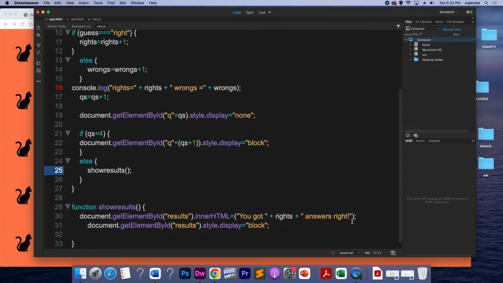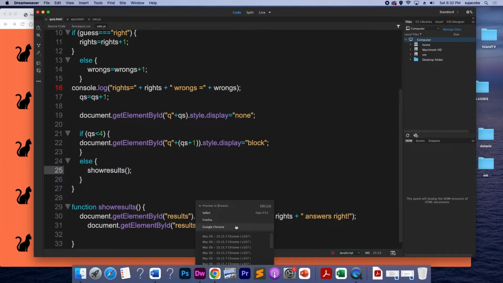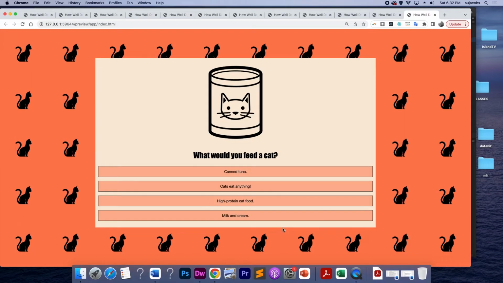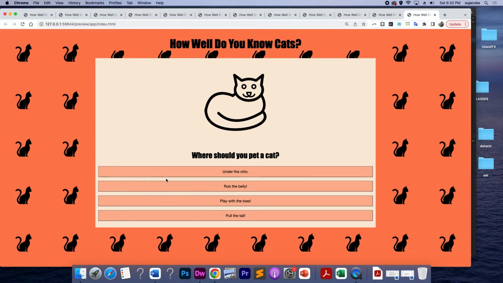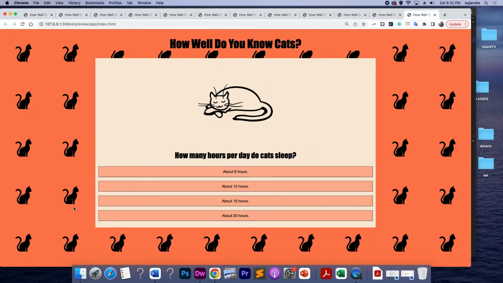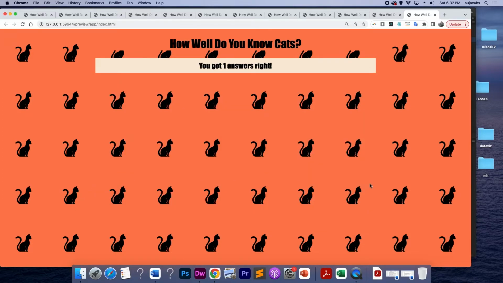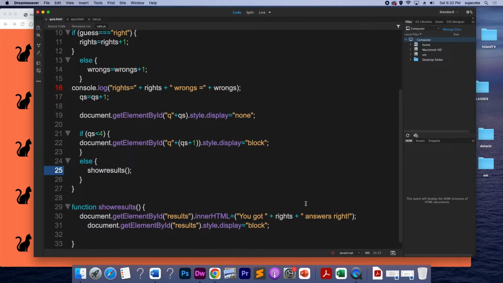And the first thing we're going to do is just what we were doing before, and that is show us the text of the number of answers we got right. Okay, so let's just make sure that this works. So we'll just pick the first answer. Oh, there we go. So it works exactly the same way. But now that we have this here, we can be a little more creative. We can say